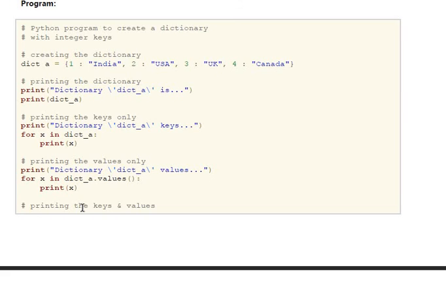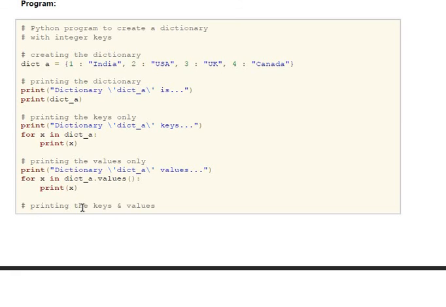Here you can see how to create the dictionary: dict_a equal to, where a is the variable name. Inside the braces, first I give the key and then the value. The first key is 1, and its value is India. Then 2 with USA. So 1, 2, 3, 4 are the keys.